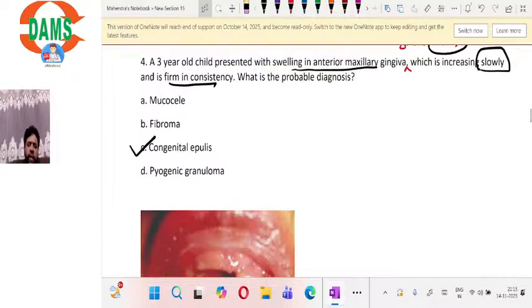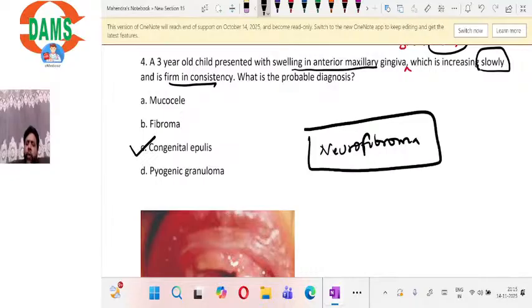If neurofibroma is an option, I will rule it out clearly. Why? First of all, neurofibroma is not congenital. Second, neurofibroma usually does not occur in anterior maxilla, maxillary gingiva. Even if neurofibroma is given instead of fibroma, I'll rule it out. Again the same thing: most common,